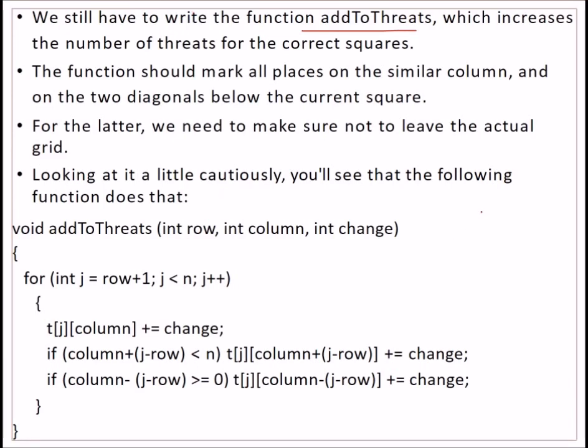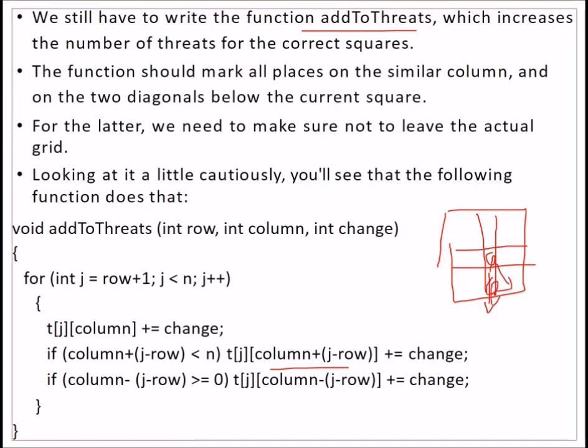So what this code means is, if a queen is there, we will check for the column, this is for the column, and this is for the diagonal, and this is for the other diagonal.